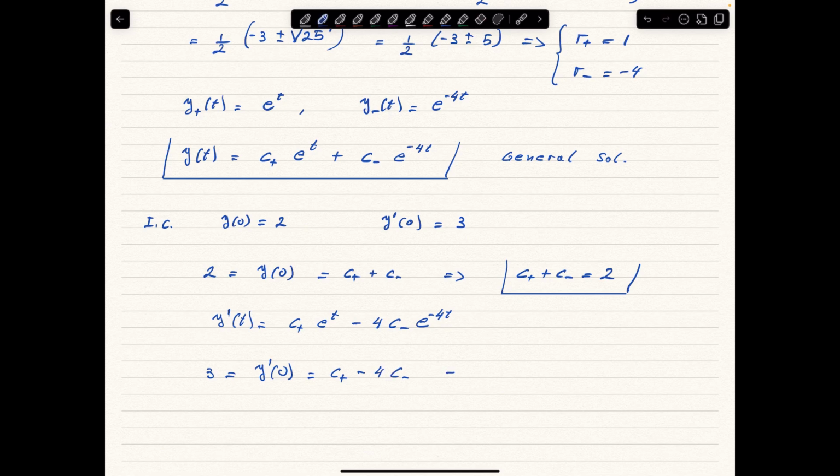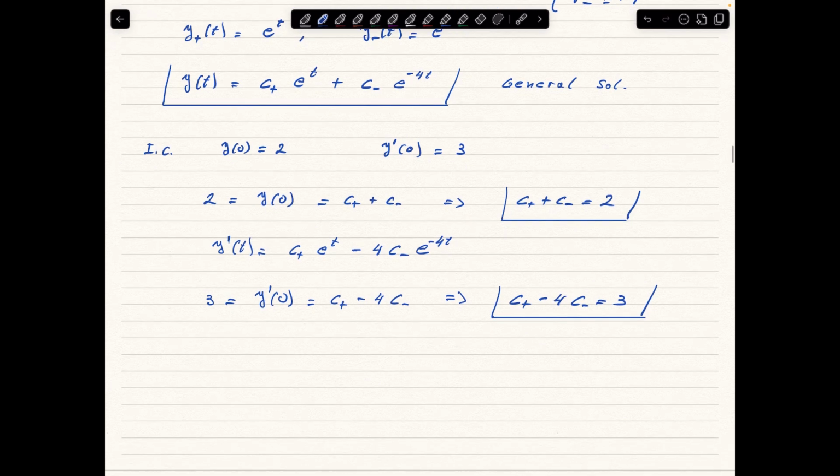So this is going to be equal to c plus minus 4 c minus. So here is a second equation that the coefficients have to satisfy. C plus minus 4c minus has to be equal to 3. And now we have two equations for two unknowns. So we solve it. And how do we solve it? For example, we substitute from here one of the variables, for example c plus, in terms of the other, and we put it in here. So from the first equation, we get that c plus is equal to 2 minus c minus,